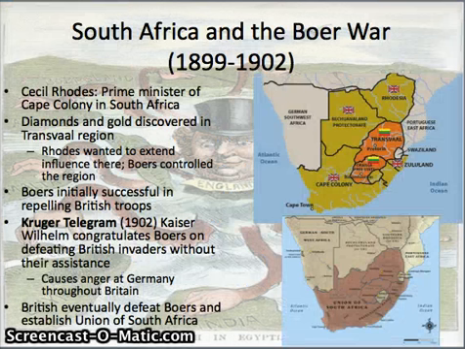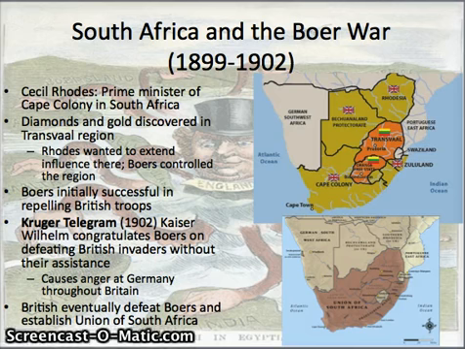All right, keep talking about England here. Another thing that we need to focus on is the South. All right, so here is Southern Africa before the Boer War. Now Cecil Rhodes, who you might know from Rhodesia, which is this area here, also now known as Zimbabwe, is the prime minister of the Cape Colony in South Africa. But his interest in this area increases significantly when diamonds and gold are found in the Transvaal region.